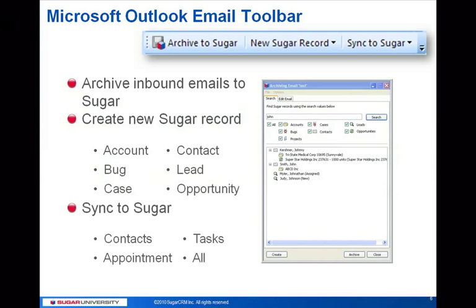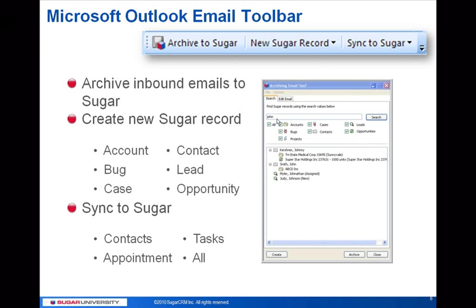from Microsoft Outlook. So when you first log on to Outlook, you're going to have a toolbar across the top of your page, and it will have three buttons on it: Archive to Sugar, New Sugar Record, and Sync to Sugar. The Archive to Sugar is for when you receive an email from a customer, you open up that email, and you decide that is an email that I want to archive to my Sugar instance. The email is already highlighted. I'm going to click on the button to archive to Sugar, and this box will pop up called Archiving Email,